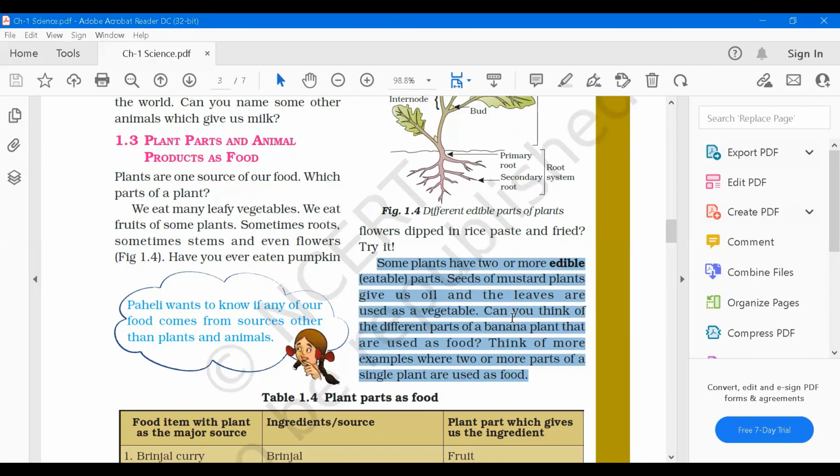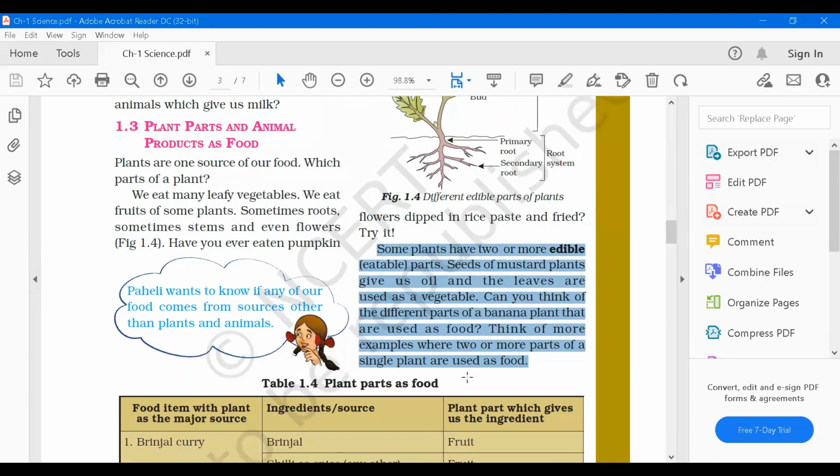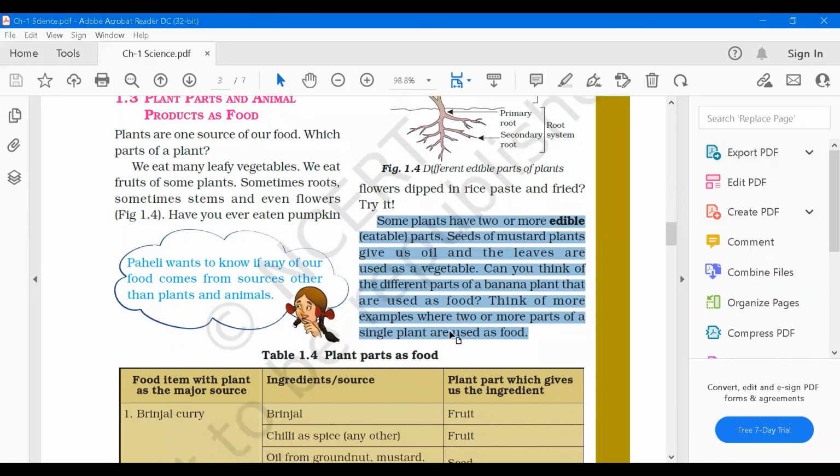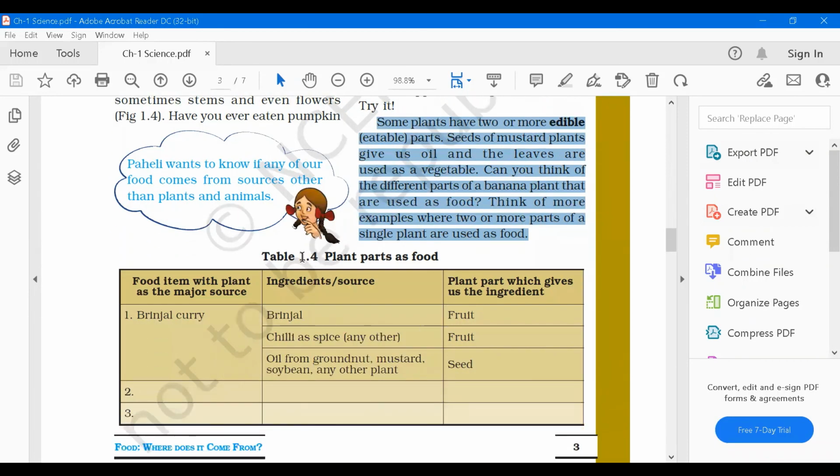Can you think of different parts of a banana plant that are used as food? Think of more examples where two or more parts of a single plant are used as food. And we can fill this table 1.4, plant parts as food. Like brinjal curry, the ingredients and sources are brinjal, chili as spices, oil from groundnut, mustard